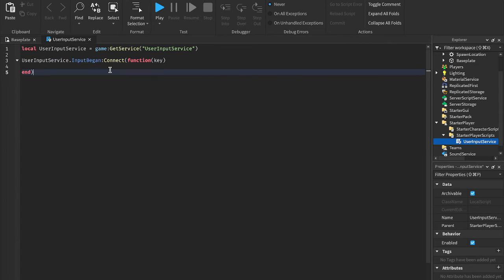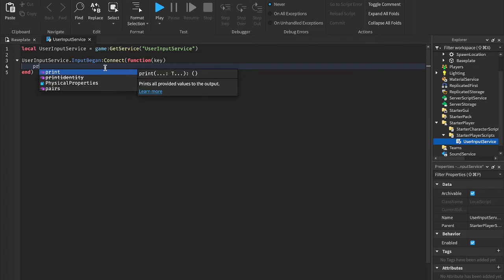So whenever a player, or our local player, right, has any kind of input, right? That would be touching a key, that would be pushing space, that could be clicking the arrow keys, right? It could be any kind of input that comes from the player, so a keyboard or a mouse or anything like that. So what we can do is we can say print